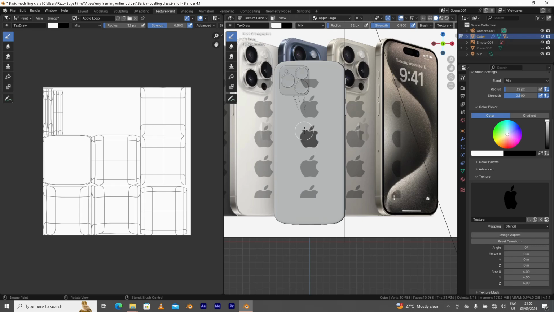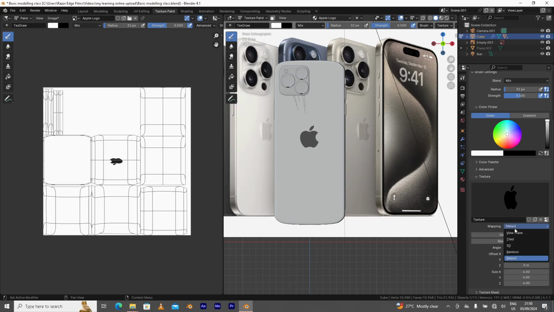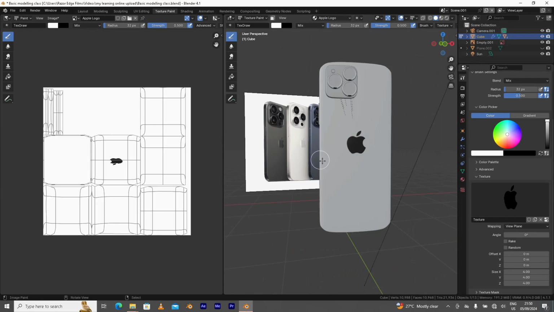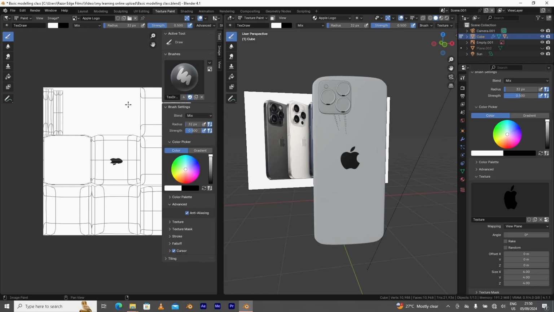All right, and you see it appears where you want it to on your UV. So you can see it appears here. Okay, remove stencil, go back to view plane so it doesn't obstruct you. So you have painted the apple on the back of your phone. That is one thing. And the other one, come here, press